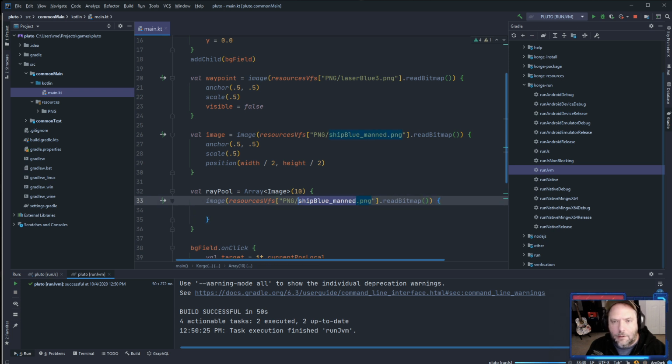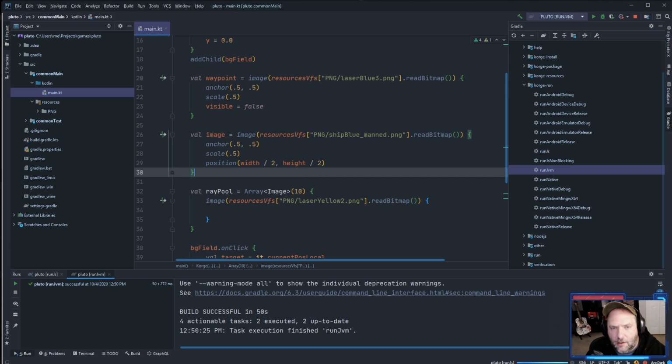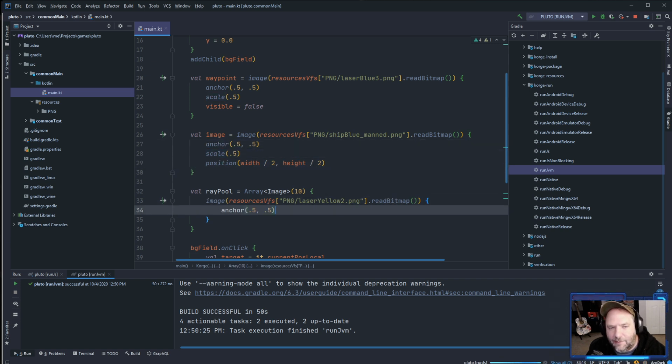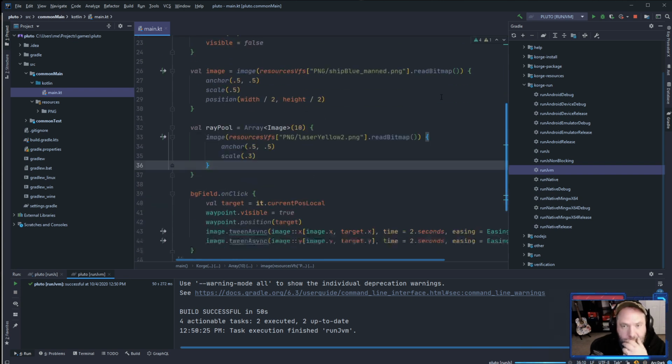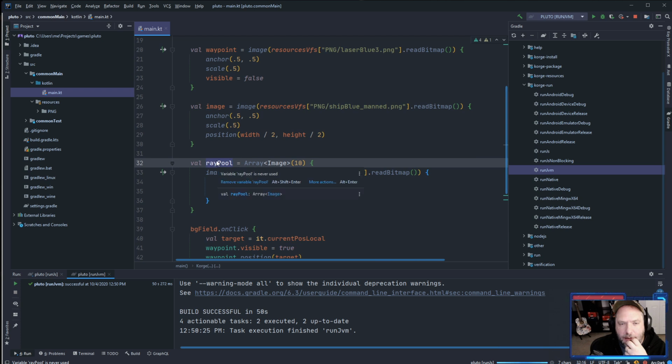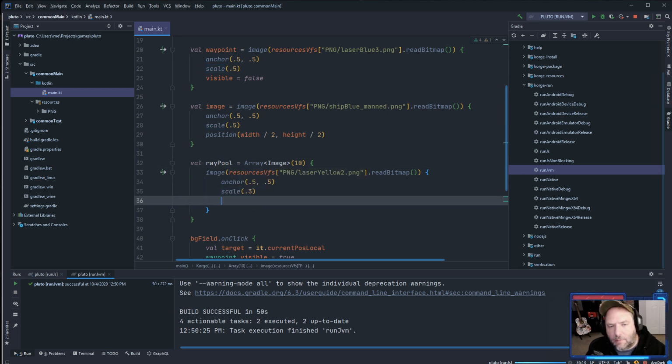Okay, but now I want laser yellow 2. Position doesn't matter. We'll set the anchor. The anchor probably defaults to middle anyway. Position, I don't care about. Scale, let's make them kind of small. Alright, so now we've got a pool of lasers. Probably not being shown. We should go ahead and set them all to visible false. And as the game goes on,